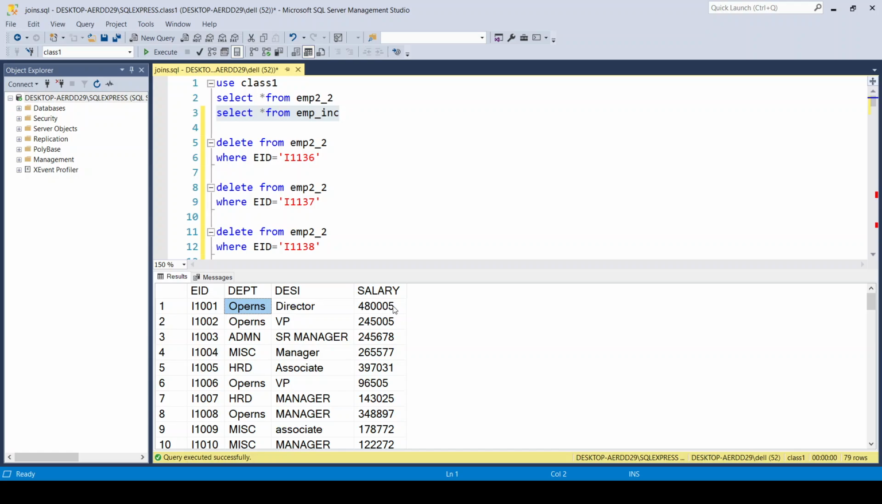is the salary? 48,005. Again operations 245005. So these two will be added. Again operations here, so 48,005 plus 245,005 plus 96505 and so on will happen for all the operations departments salary